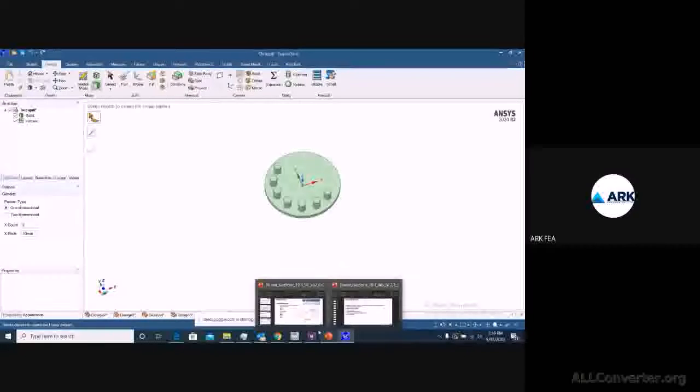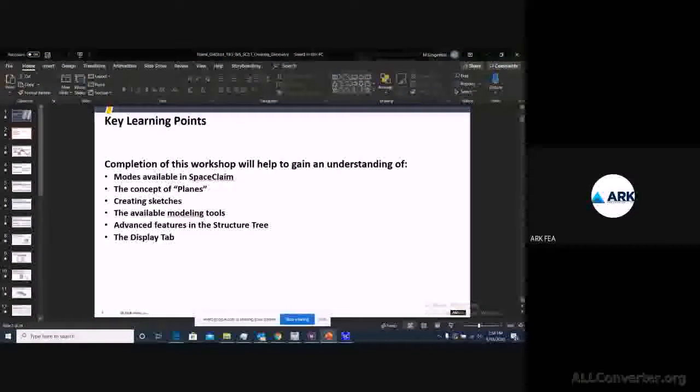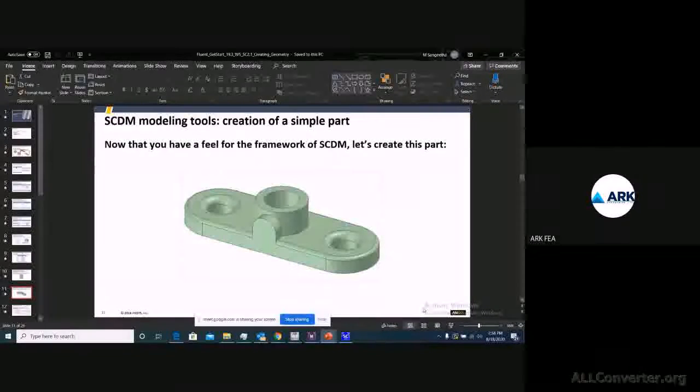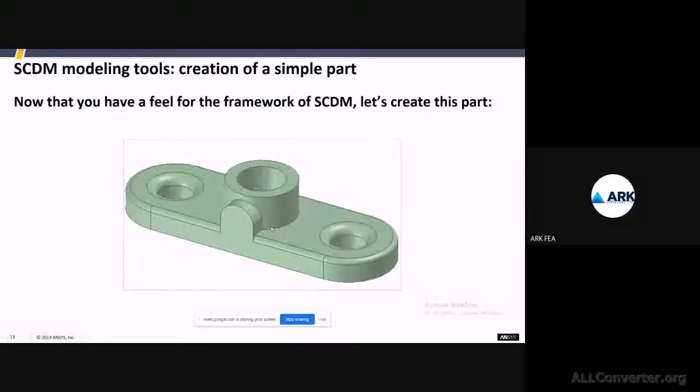So basically we'll try to show you a sketching one. If we need to sketch something with this kind of geometry, how do we deal with it, or how do we start sketching for it? This is a workshop which I'll be showing you.